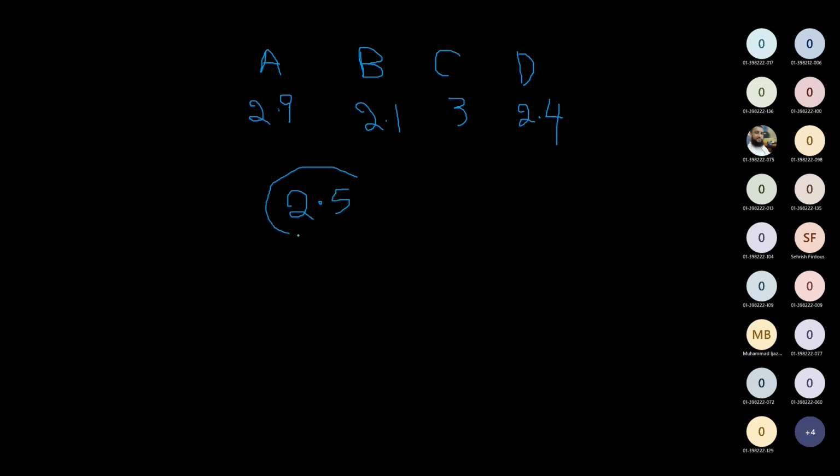Okay, let me repeat it. Look, let's say there are 4 projects. The payback period of all these are written here: 2.9 years for project A. For B, it was 2.1. For C, let's say it is 3 years. And for D, it is 2.4 years. Correct? And the cutoff limit, like in the first example, I said let's say the cutoff limit is 2.5 years. Is it clear? This is the basic criteria that is established by the organization that we will not accept